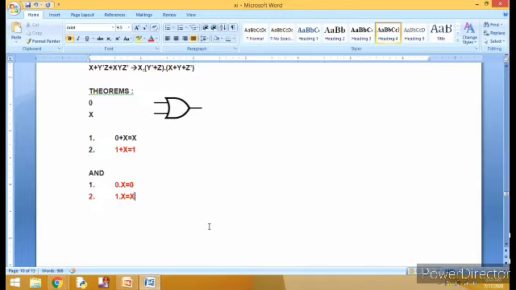So can we have the truth table for this? Can we have the truth table to prove that this is equal to this? Yes, sir. Already we have done it, but for the first one, many students are new. So I will try to prove this logic with the help of a truth table.